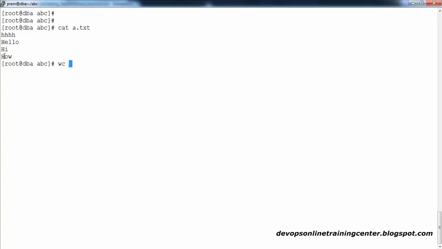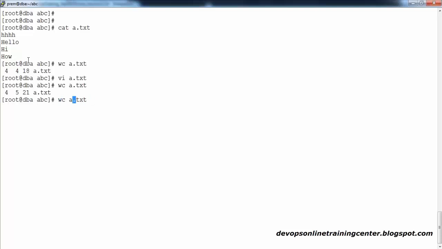So for that, you have a nice command available in Linux, wc, which is also called word count. That will give you the entire metrics of your file: how many lines are there, how many words, how many characters. If you want, you can count it and just check it out. I'll add one more word. Now see, the number of words becomes 5 because it separates based on the space. Lines separate based on the newline character, and it will count characters as well, everything, right?